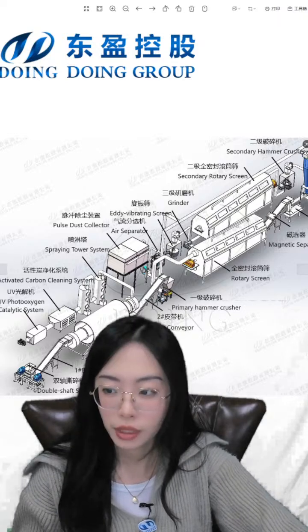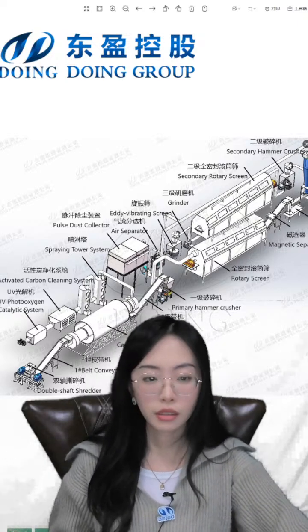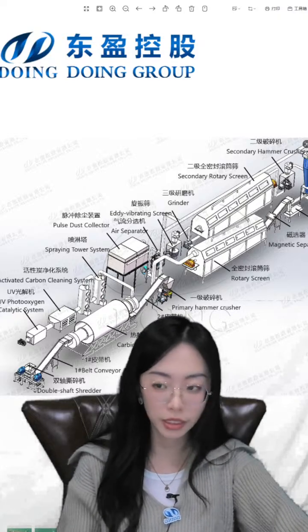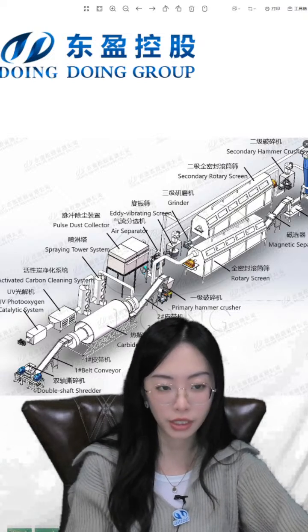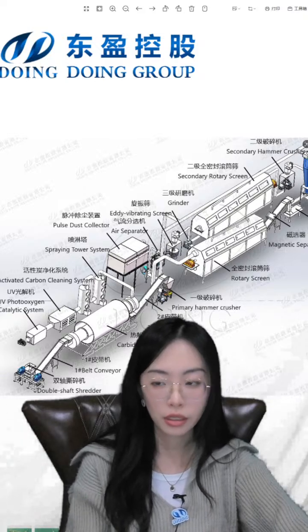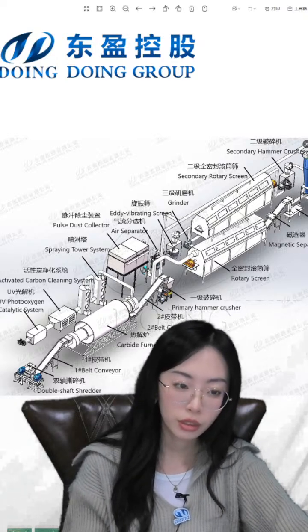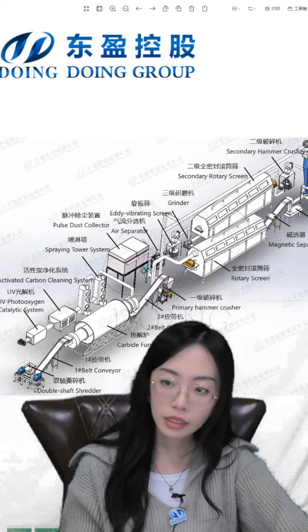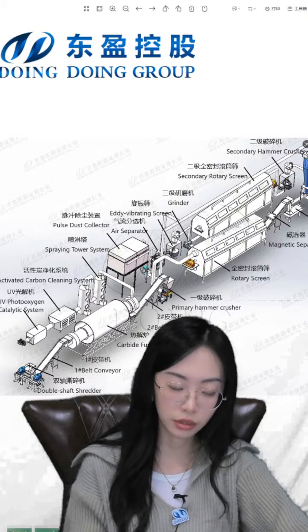And then it will come to the double shaft shredder. The pre-processing double shaft shredder shreds it to 3 to 5 centimeters. And the carbonization furnace, if your capacity is more than 500 kilograms per hour, maybe 1 ton or 2 tons, you need to process for an hour. We can use the carbonization furnace to volatilize the electrolyte inside. And then it will come to the next step to deep